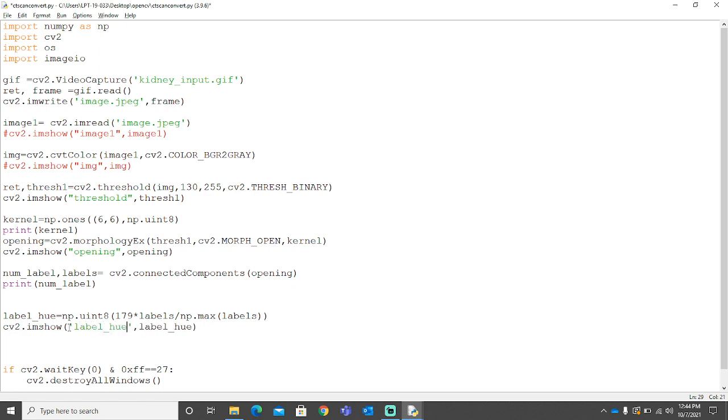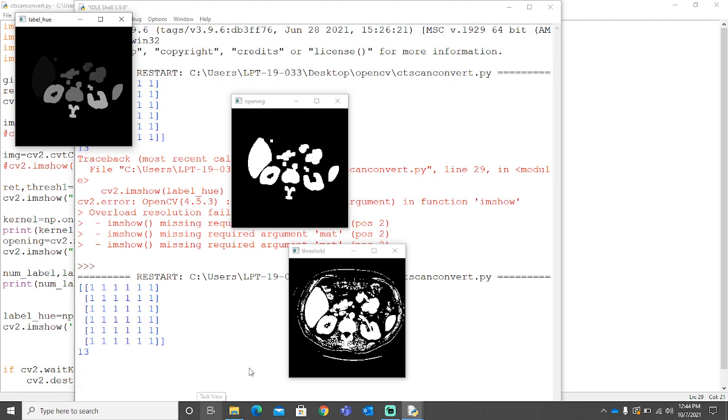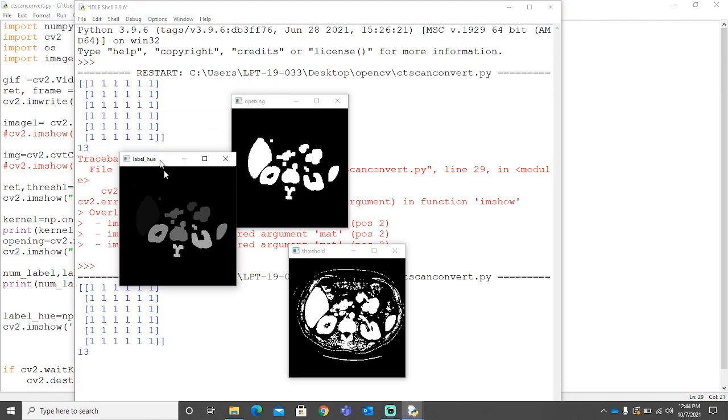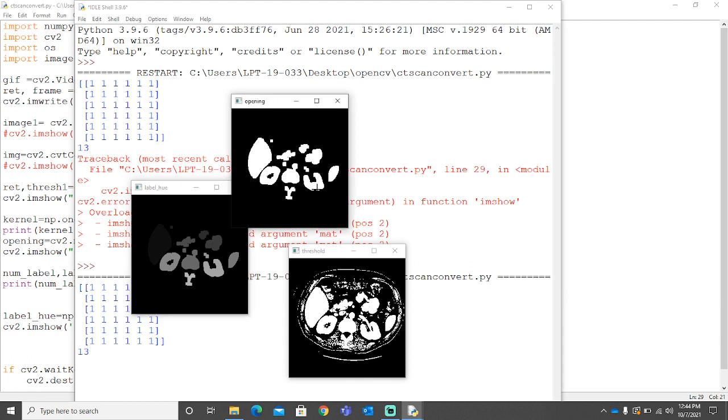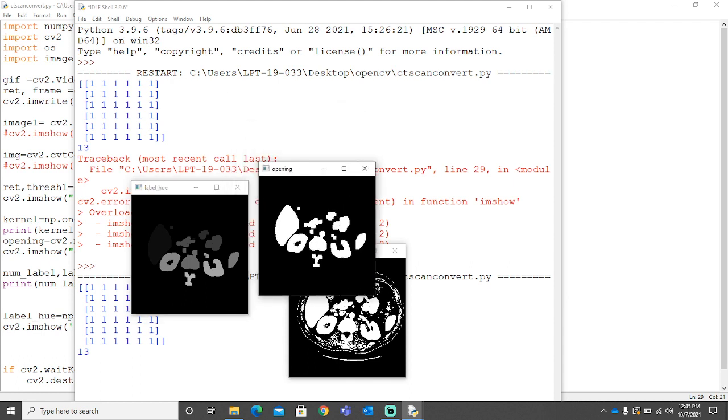Let's put it as label.hue. Okay, so now it has differentiated this image on the basis of its intensity, how connected these beings are. You can see the kidney part, this liver part, sorry, it is the most connected, I guess, or the most disconnected.